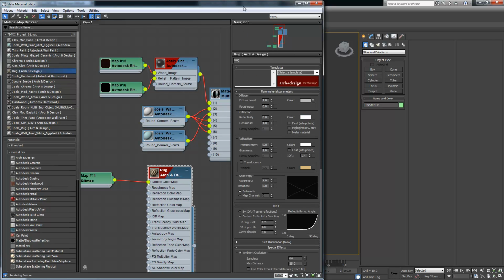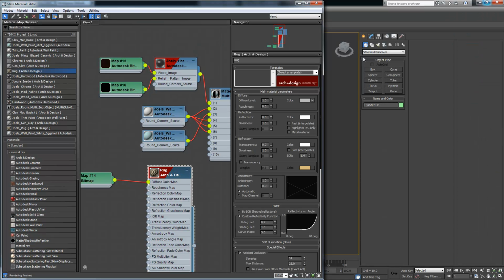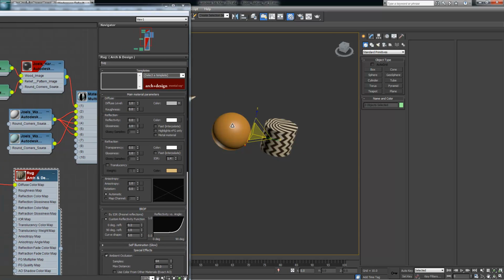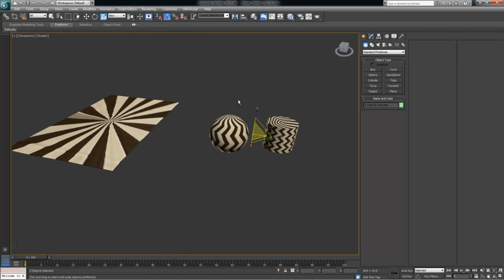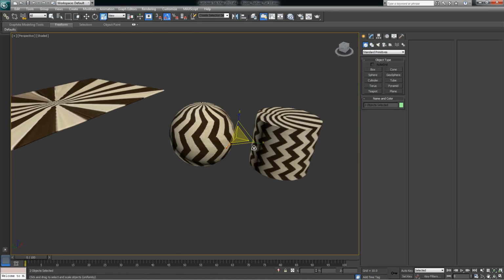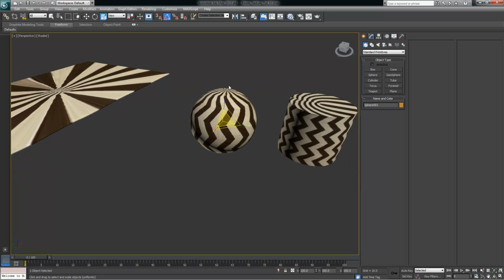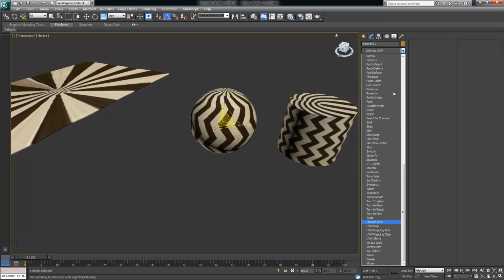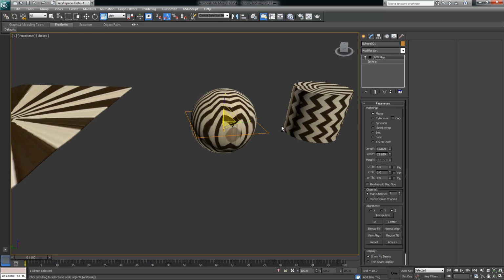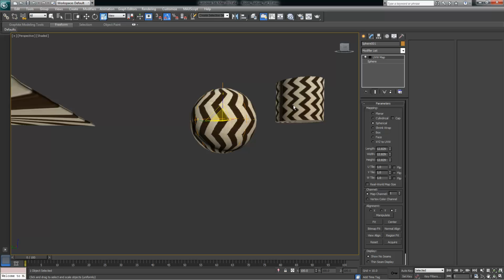So I'm going to grab my rug material here, and I'm going to right click and say assign material to selection. Alright, and now we can kind of cycle through the UVW parameters a little bit better. So I'm going to select my spherical object, and I'm going to go into the UVW map, and I'm going to grab a UVW modifier, and I'm going to change this one to spherical, and you can see that that's actually going to map